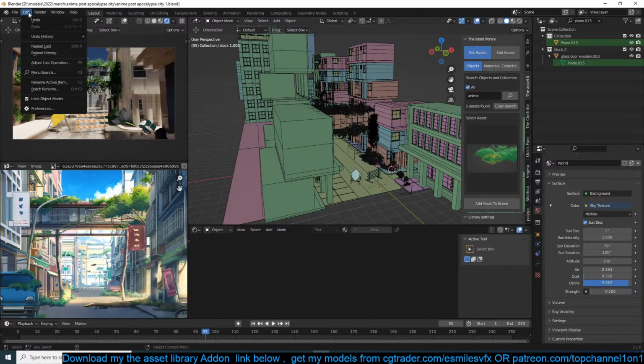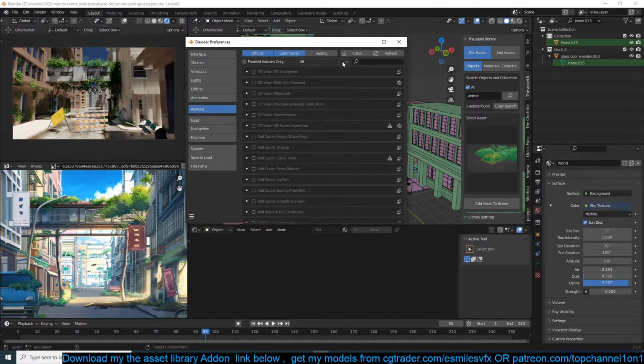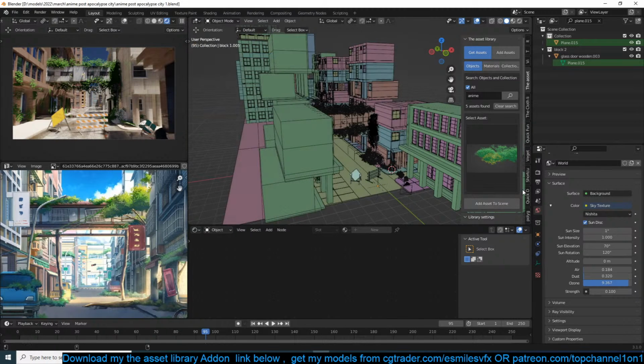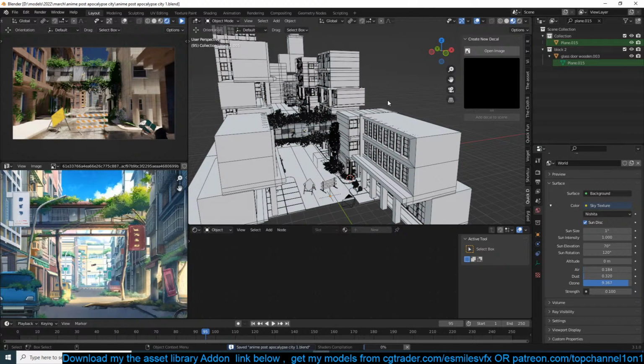There is an add-on I have called Quick Decals, forgetting my own add-on. That should help with that. So to use it, I'm going to have to jump into